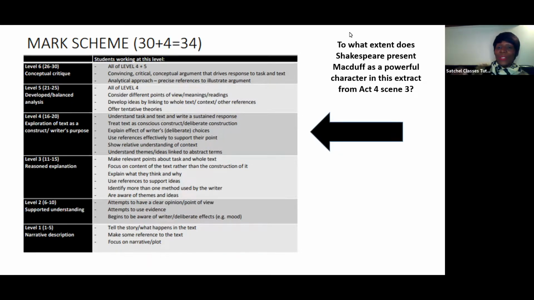So in order to secure your grade 5, you need to make sure that you're looking at all those different aspects, and we'll be considering all those aspects today so that you will feel secure when you finish this webinar that you can write this assignment and achieve a grade 5 at least.